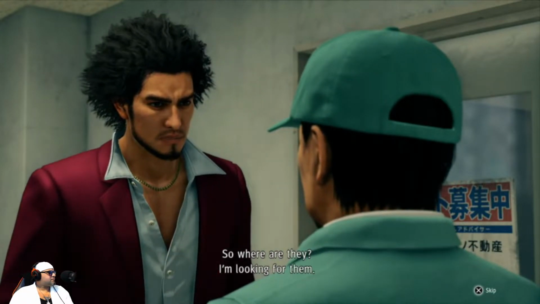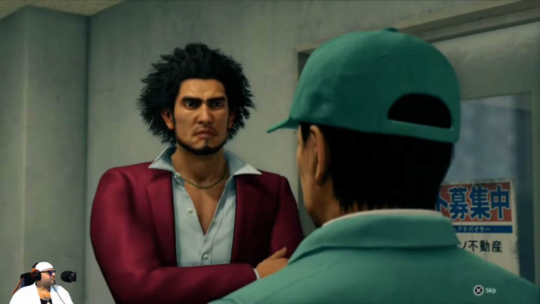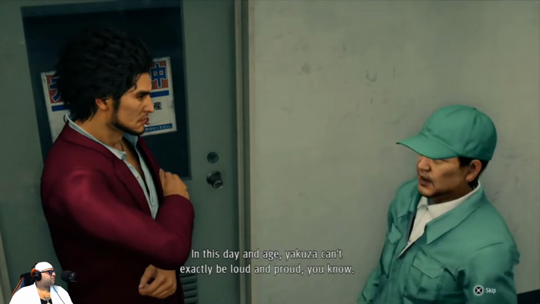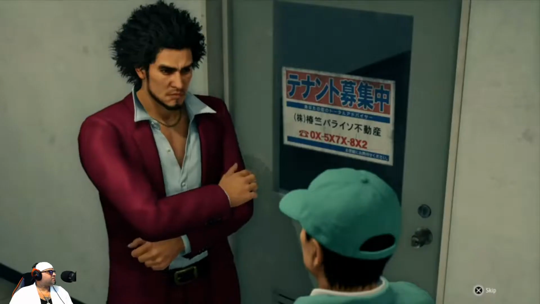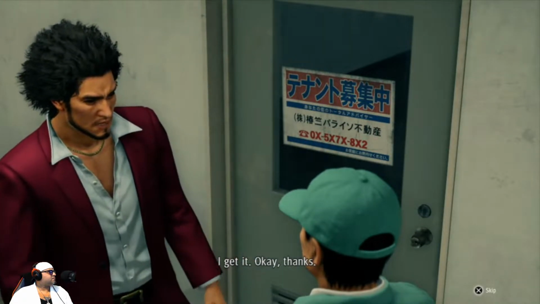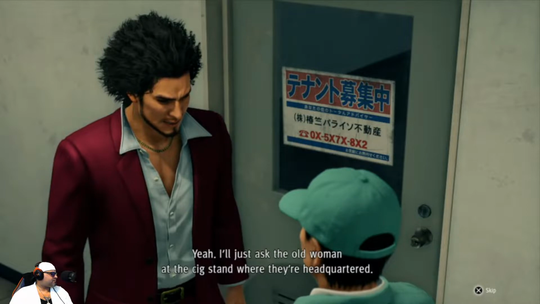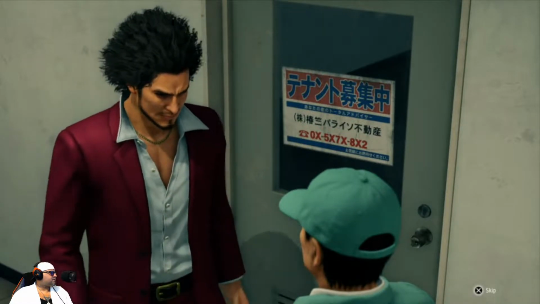So where are they? I'm looking for them. Not sure. In this day and age, Yakuza can't exactly be loud and proud, you know. Especially not hotshots like the Arakawa boys. I get it. Okay, thanks. Think you'll find them? Yeah. Well, I'll just ask the old woman at the cigarette stand where they're headquartered. She always knows what's going on. Okay, good luck.